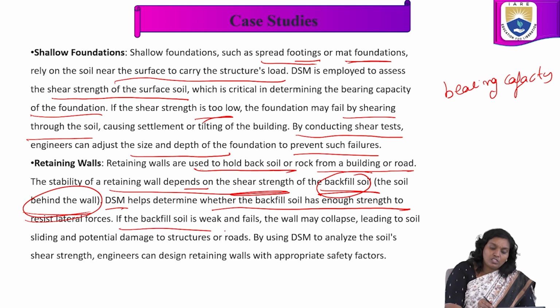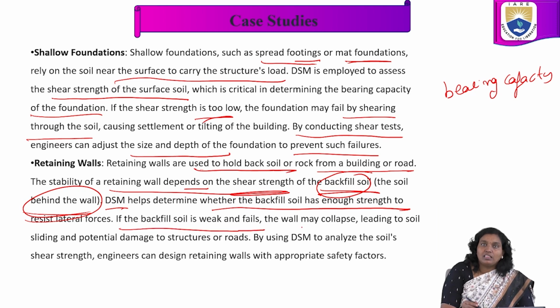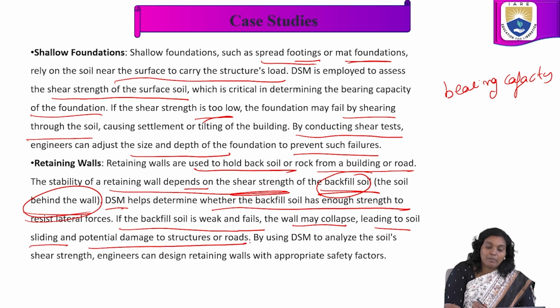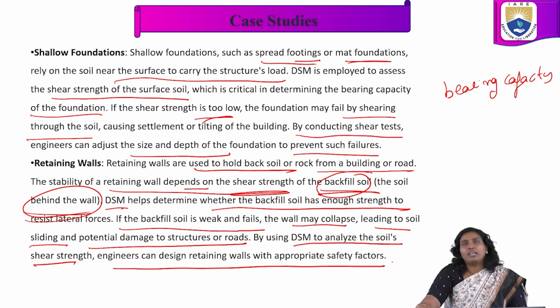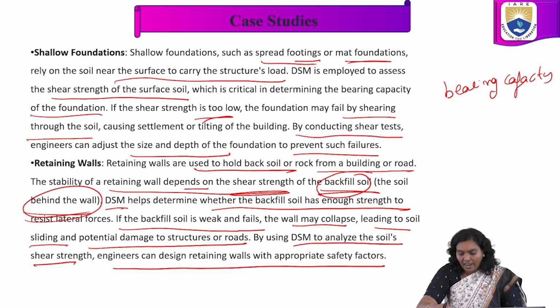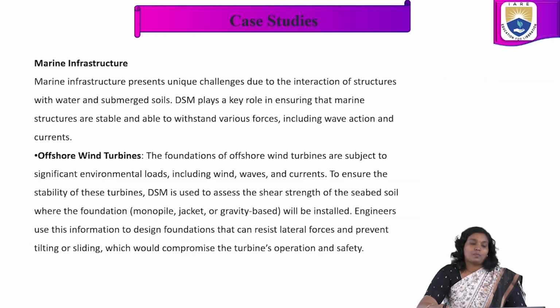If the backfill soil is weak and fails, the wall may collapse, leading to the soil sliding and potential damage to the structures or roads. By using DSM to analyze the soil shear strength, engineers can design retaining walls with appropriate safety factors. These are the factors involved in this type of